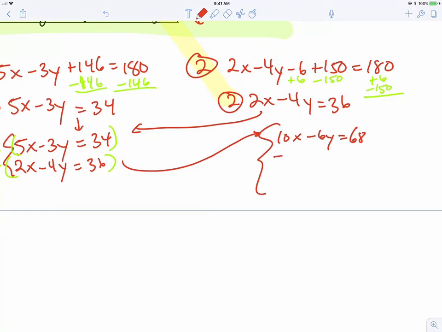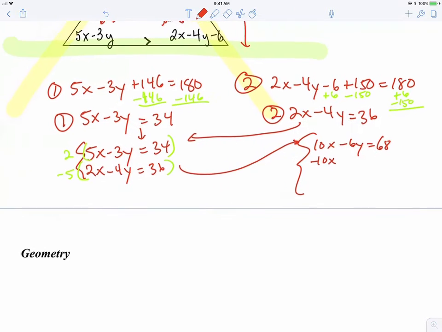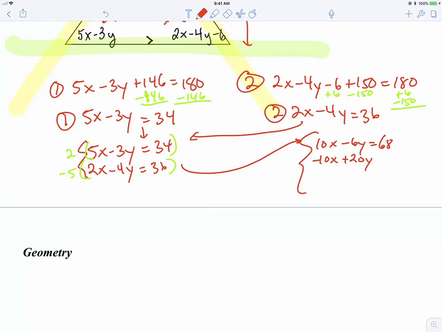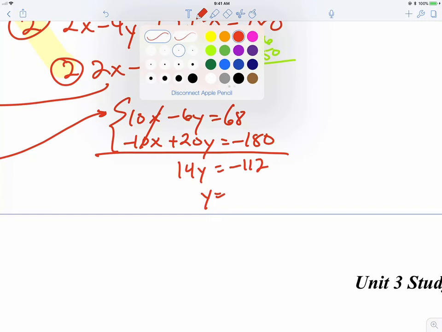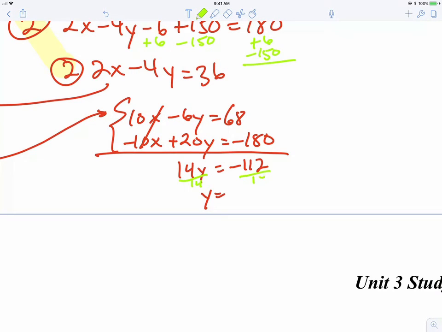On the bottom, I get my negative 10x, multiplying by negative 5, plus 20y equals 36 times 5, and that's negative 180. So when I add these together, I get elimination. I get 14y equals negative 180 plus 68, which is negative 112. So solving for y, I divide both sides by 14,